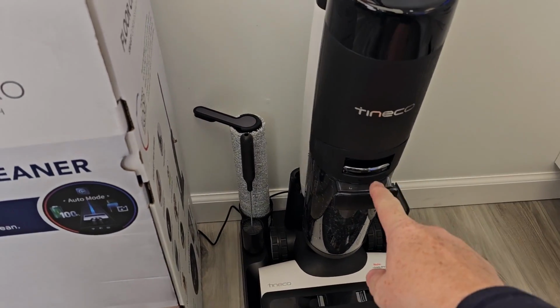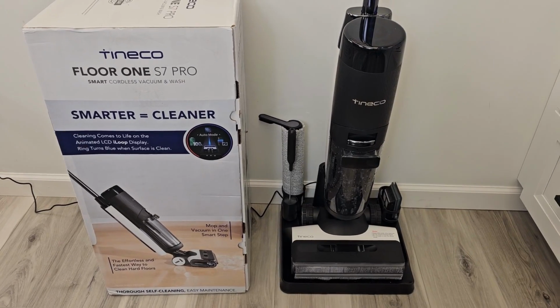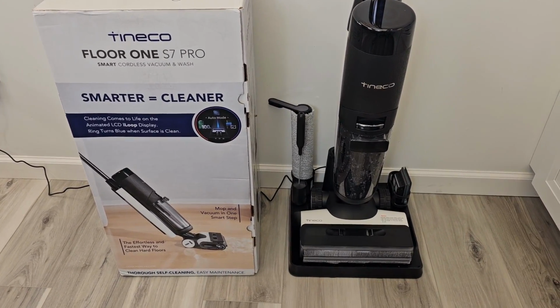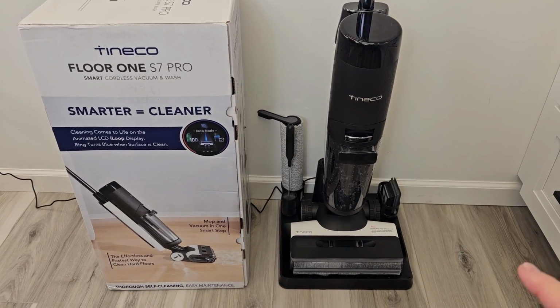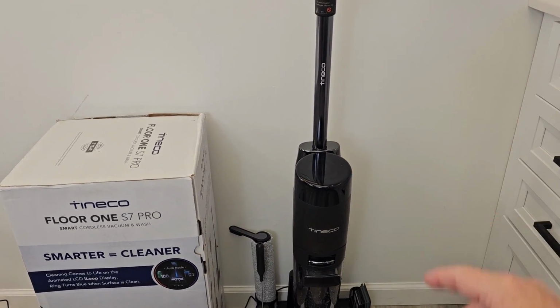I felt like the dirty water tank was a little hard to get on and off sometimes. I was expecting great things. For $800, I thought it would be a lot better. Now you get a bigger runtime, a bigger tank, bigger clean water tank, but you get a lot of like